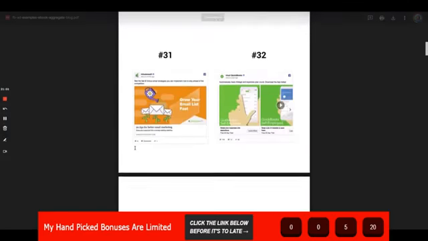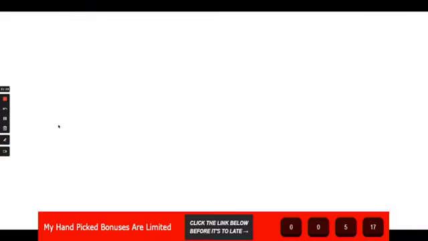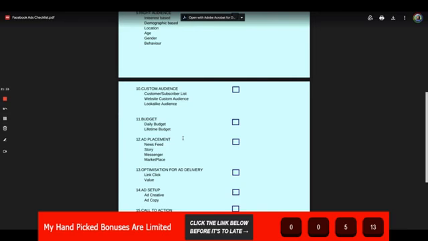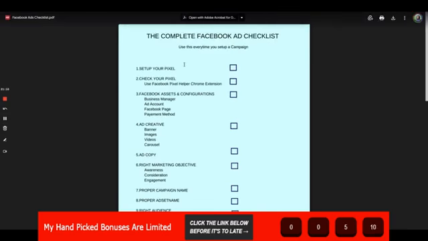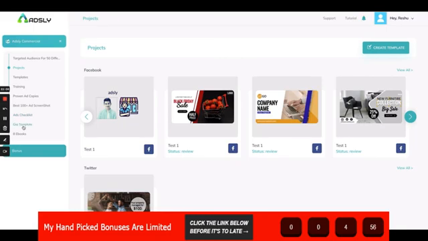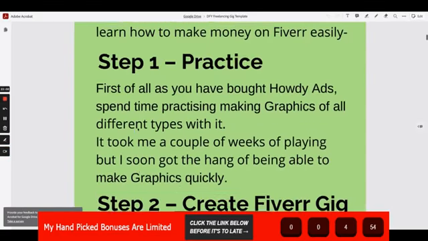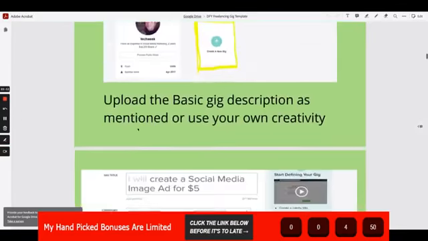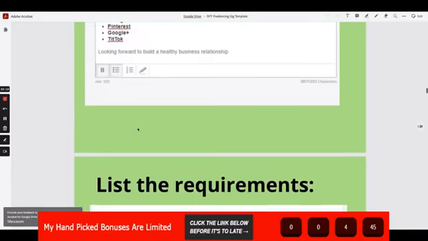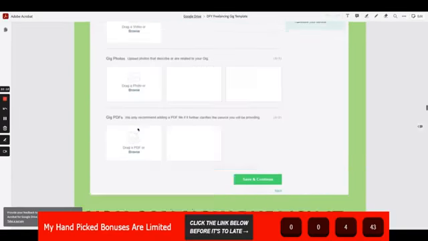What else do you need to run an ad? Then we are also giving you an ads checklist for Facebook, where it covers all the aspects of a Facebook ad and what you should do while setting up a campaign, and you can easily check it by viewing this list and seeing that you have not missed out anything. We give you your own gig template so that you can use this gig and create your profile on Fiverr and start selling Adsly as a service. Not Adsly as a service, but ad creation as a service.